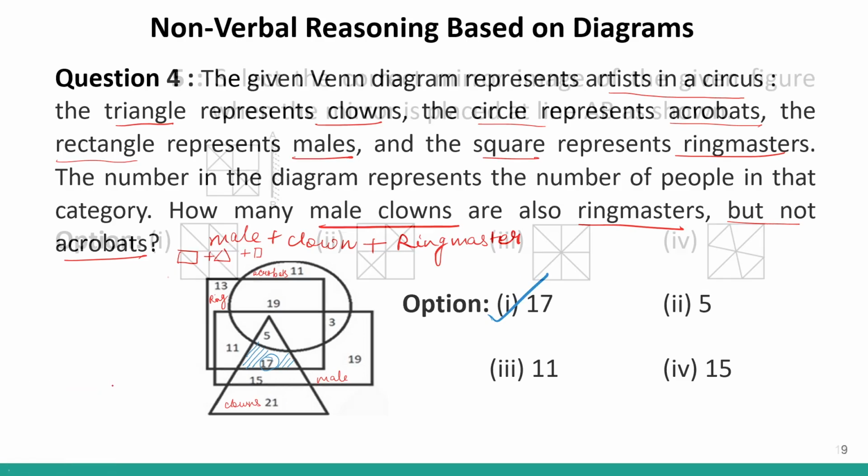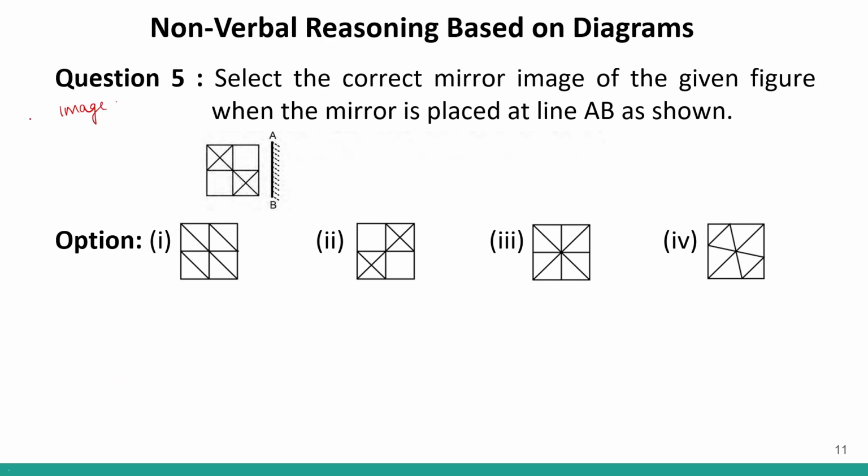Clear? Now, this is a question of water image or mirror image. Okay. In water and mirror image, we take care of where is the position of the mirror. So over here, the mirror is positioned over here. So in the inverted image that we'll get the same square. These lines will be the same. Now this is empty, so this will be empty, and over here we'll have a cross. Similarly, if this is filled, this will be here, and over here we'll have a cross. So our image will look like this. And this is given in which option? This is given in option number 2. So option number 2 will be the correct answer to this question.